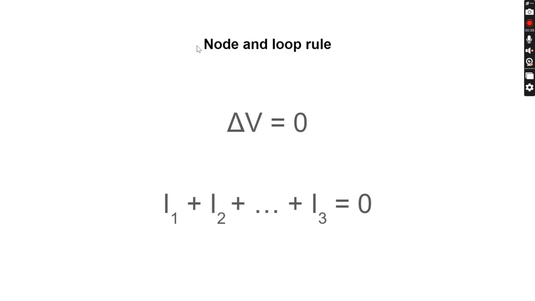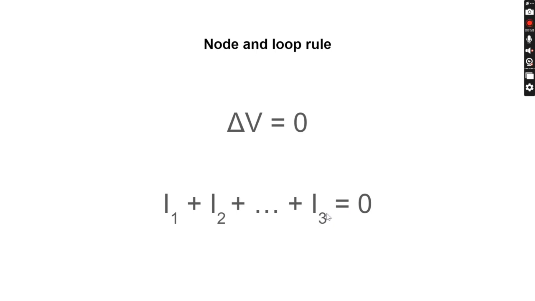And in order to do this, we are going to be using the node rule and the loop rule. The node rule is essentially a statement of conservation of charge. It says that the current going in to any node on a circuit must ultimately equal out to zero with